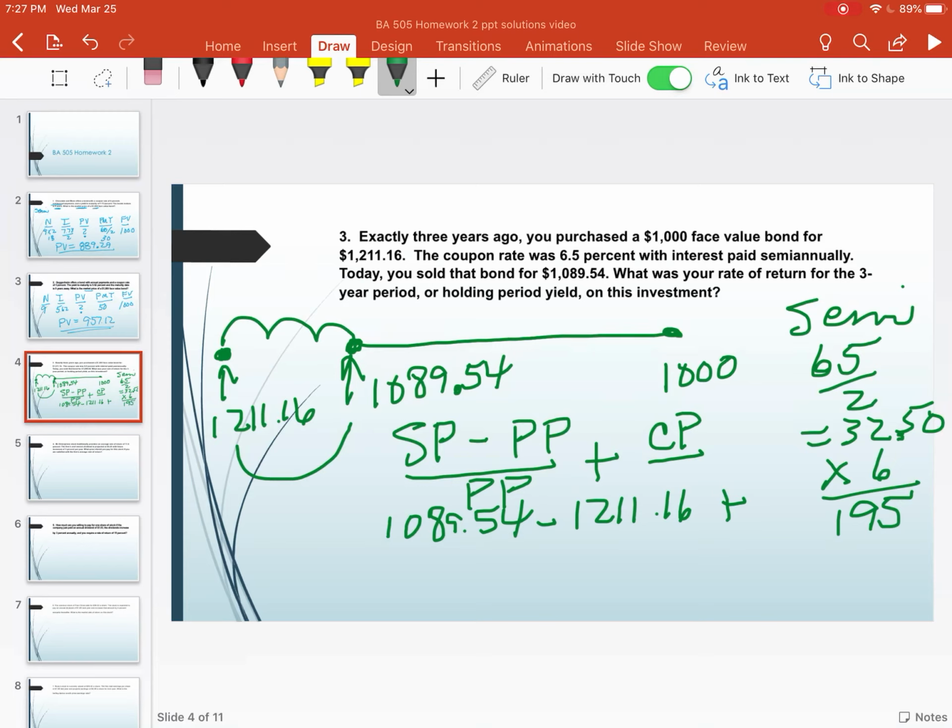So plus 195, all of this divided by our purchase price of $1,211.16, and that in itself is going to equal a return of roughly